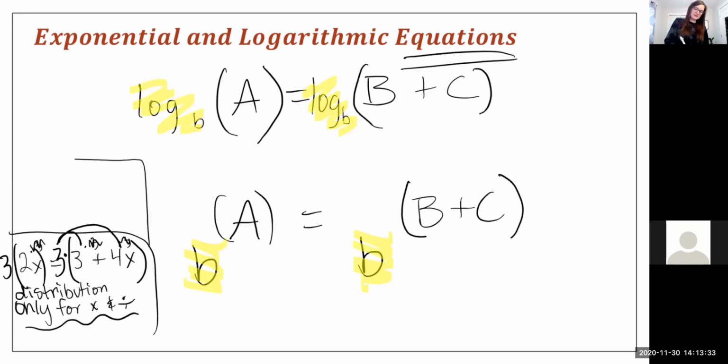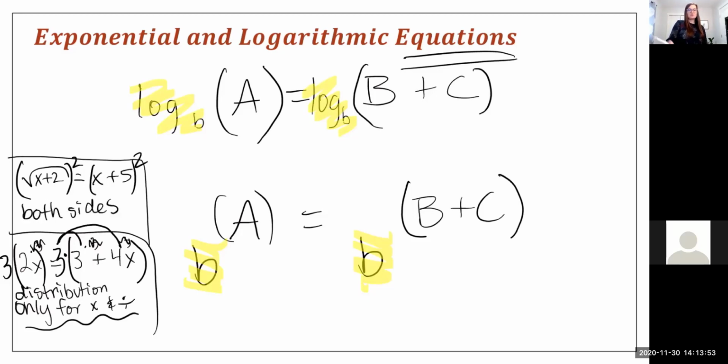But you might be reminded of when you had, say, root x plus 2 equals x plus 5. We were not allowed to square each term. We were only allowed to square both sides. And the same thing applies here. You can log both sides and you can take both sides as a base of the same thing. This is what we are allowed to do because those things don't change our truth statement. We can try that out with examples. But that being said,